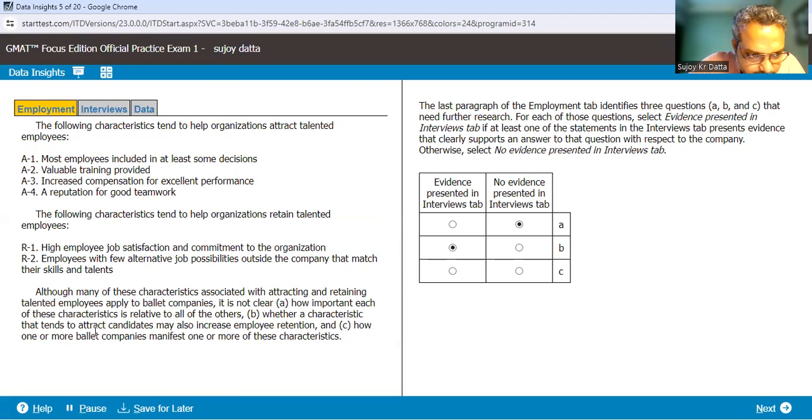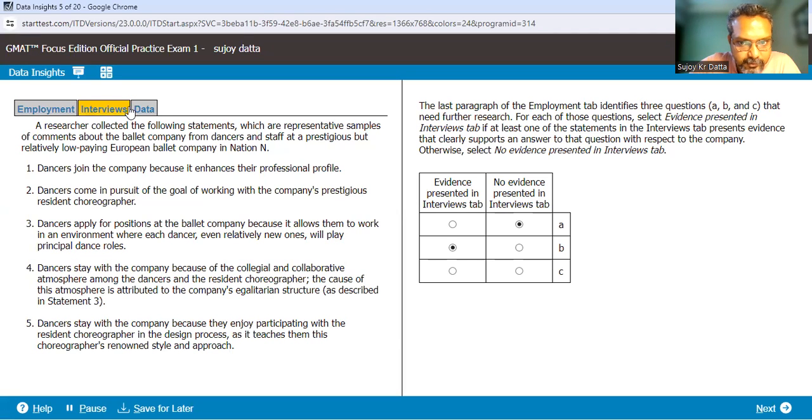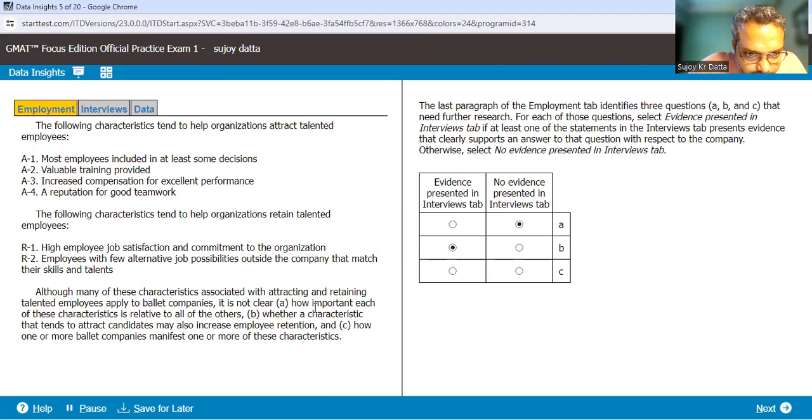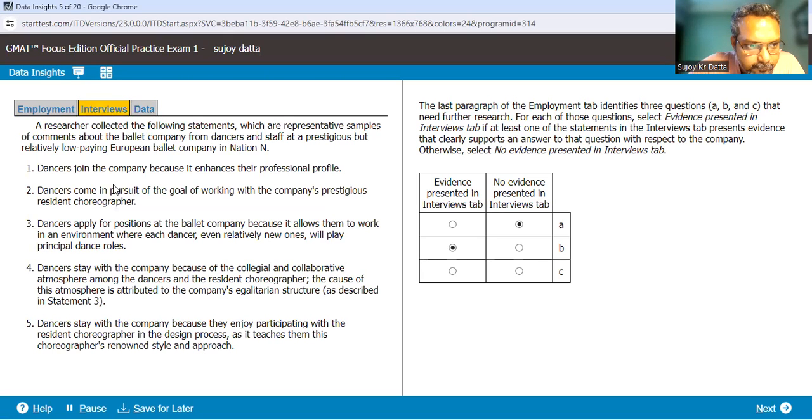And C is how one or more companies manifest one or more of these characteristics. Yeah, it is evidence provided. The reasons are given, right? How are they doing it? Next,